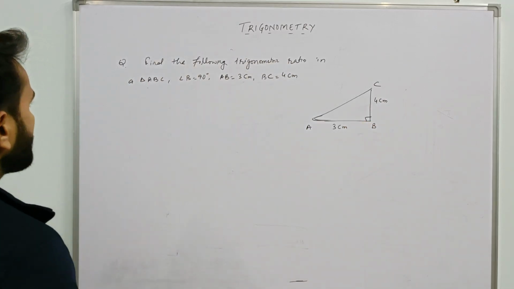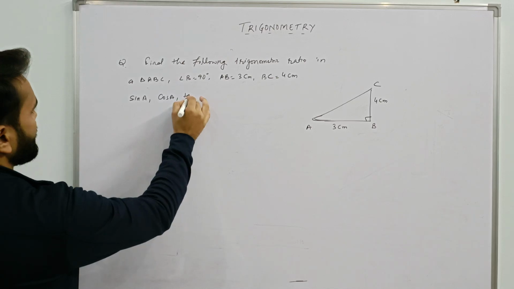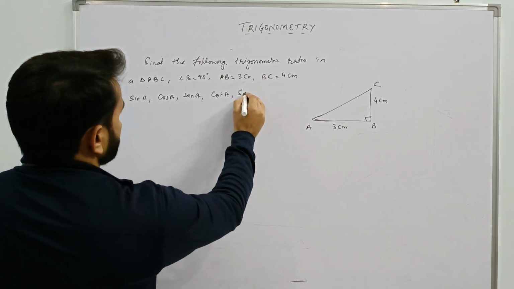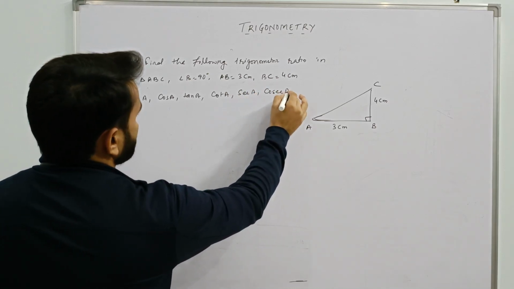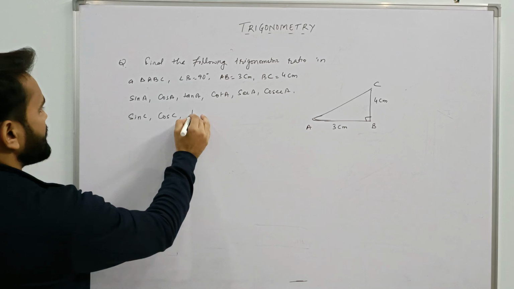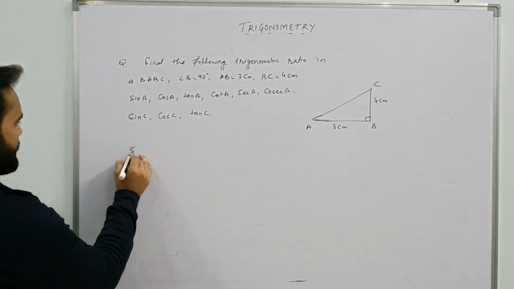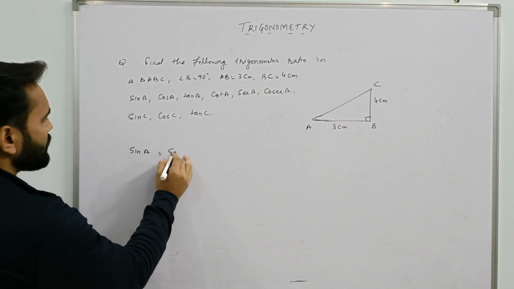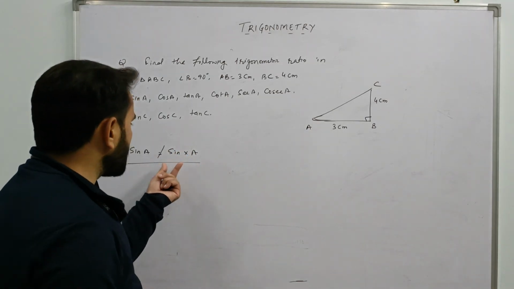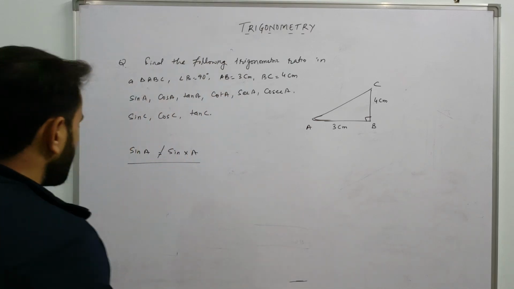Okay, and we have to find sin A, cos A, tan A, cot A, sec A and cosec A. Also we have to find sin C, cos C and tan C. Mind it, here sin A is not the multiplication of sin into A. Okay, mind it, it is not the multiplication of sin into A. In fact, sin is operated on the angle A. Alright, so